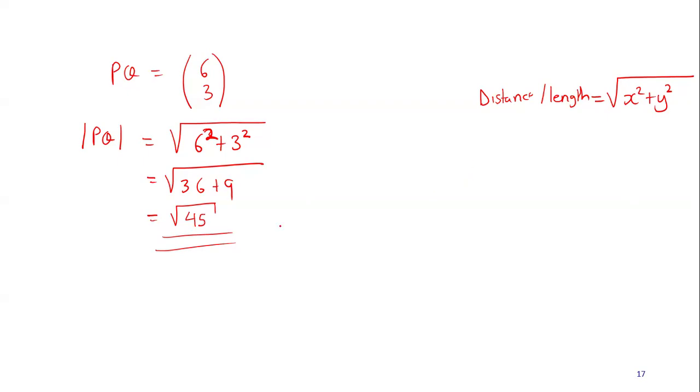Now, when you have a digit, let me say 45, and you want to write it as a surd, you are going to first ask yourself, what are the perfect squares that give us a complete surd?